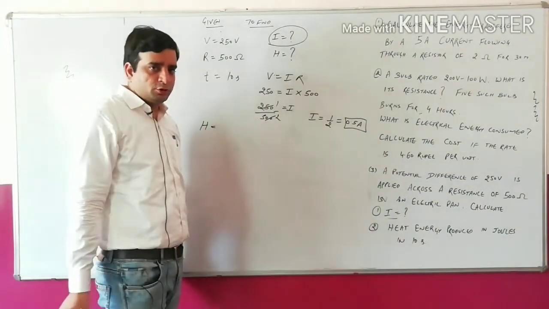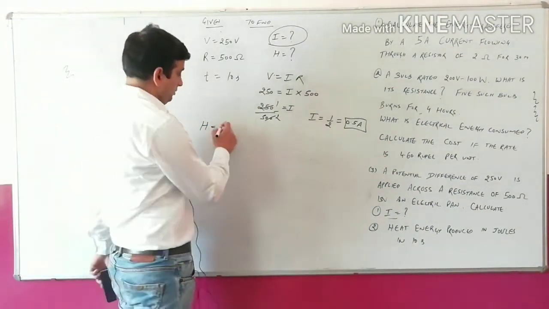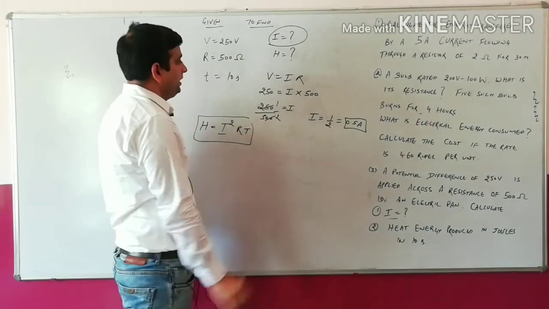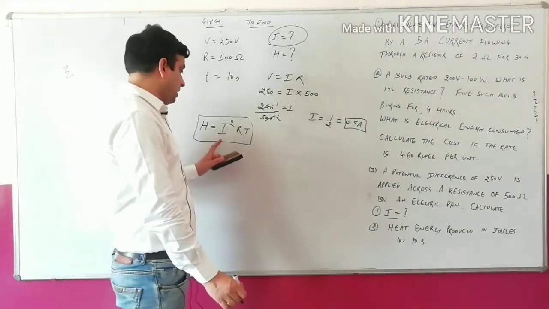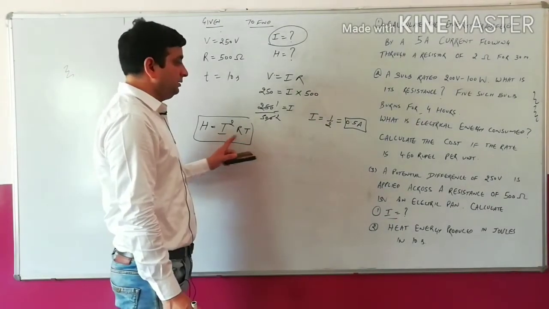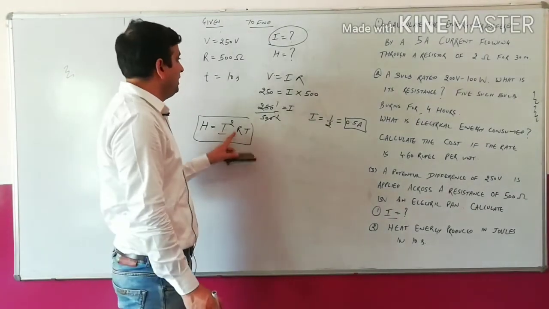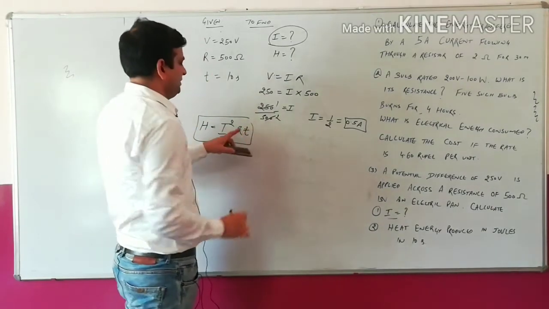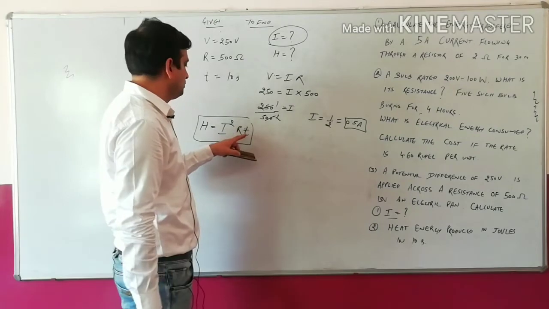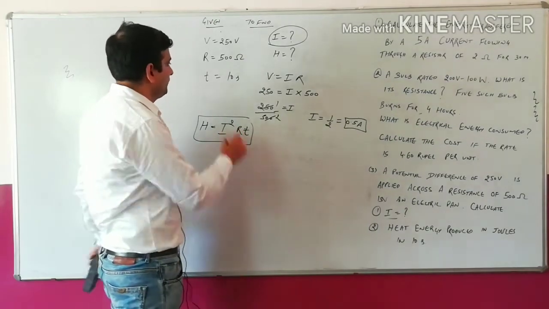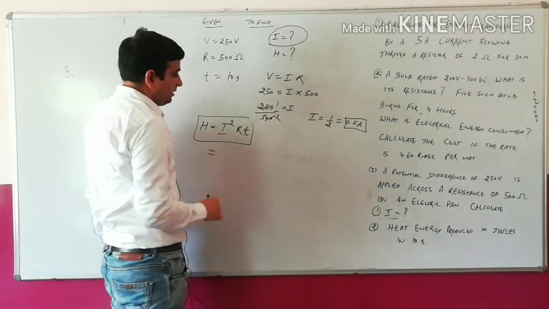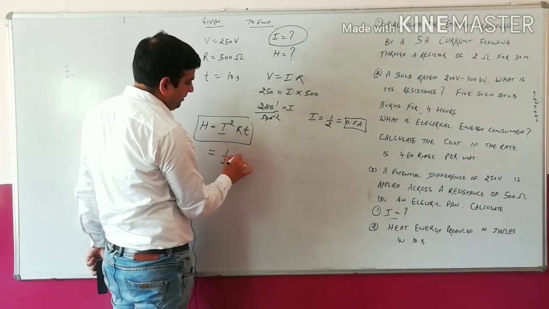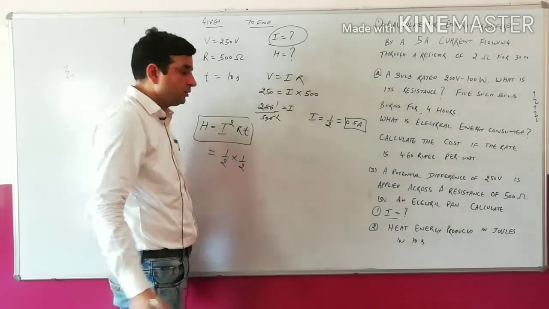So next, the simple one, we have to calculate H. We will use Joule's law of heating, the simplest of all. What is Joule's law of heating? I square R t. So now check whether we have all the parameters. I already calculated, R is 500 ohm. Rather than using capital T, you should use small t. So t is 10 seconds. What is the value of I? 0.5. For the sake of calculation, I am writing 1 by 2.